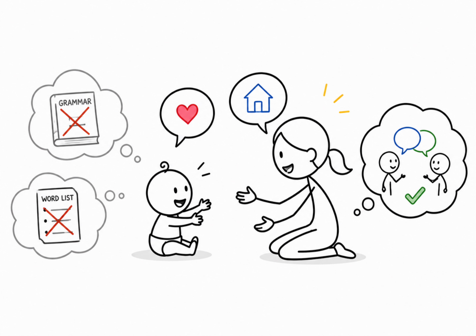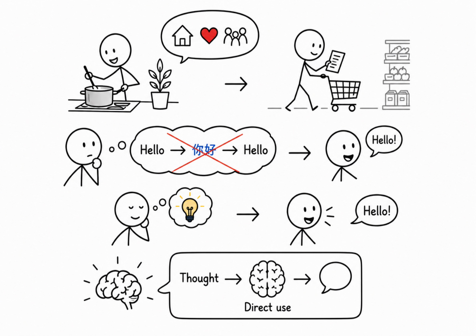You learned by communicating. At first, you used simple sounds, gestures, and facial expressions. Then you gradually learned words, sentences, and more complex ideas. In other words, you learned language as a tool for living, not as a subject in school. That's why when we speak our native language, we don't usually translate every sentence in our heads. We simply think, and the words come out naturally. Our brain has learned to use the language directly.